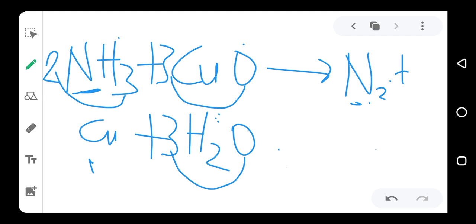So we now balance this at 3 oxygen. Now we have 3 copper, so we have to put 3 here. Now everything is balanced. We have 2 nitrogen, 6 hydrogen, 6 hydrogen, 3 copper, 3 oxygen, and 3 oxygen. So the equation is now balanced. So the balanced chemical equation for that is